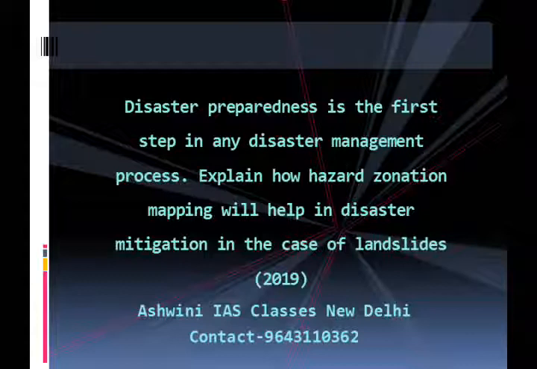Now we move to the topic landslide hazard zonation mapping, which is abbreviated as LHZ. LHZ mapping is a tool to identify those areas which are or could be affected by landslides and assessing the probability of such landslides occurring within a specified period of time. The preparation of a landslide hazard zonation map includes the study of the regional geology and geomorphic setting, slope conditions including existing and potential instability, and land use information.